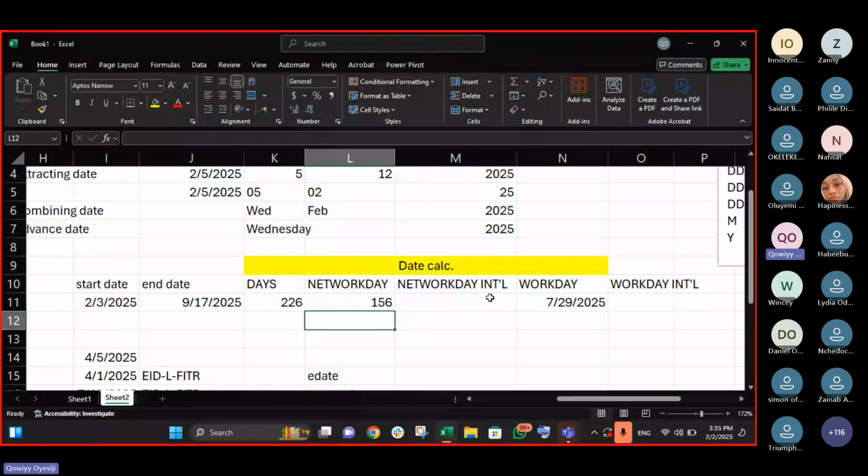Exactly. So what NETWORKDAYS.INTL and WORKDAY.INTL are going to do for us is let us tell Excel, okay, these should be our work days and these days should be our weekends.